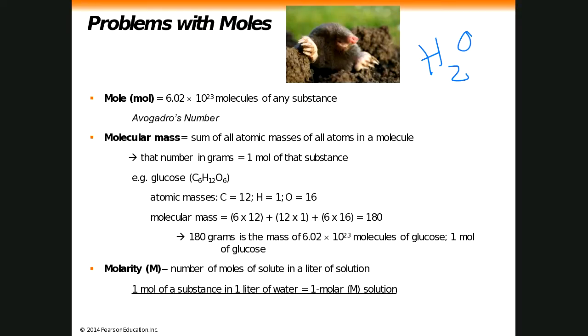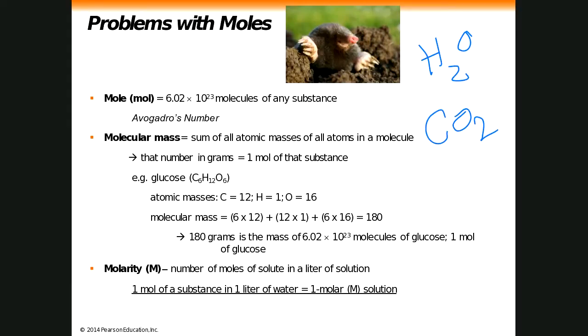Okay, so the 1 plus 1 are the atomic masses of the 2 hydrogens, and then the 16 is the atomic mass of oxygen. So you added those up, and you got 18. And if I tell you in lab tomorrow, go get me 1 mole of water, you're going to go get me 18 grams of water. Okay, what if I said